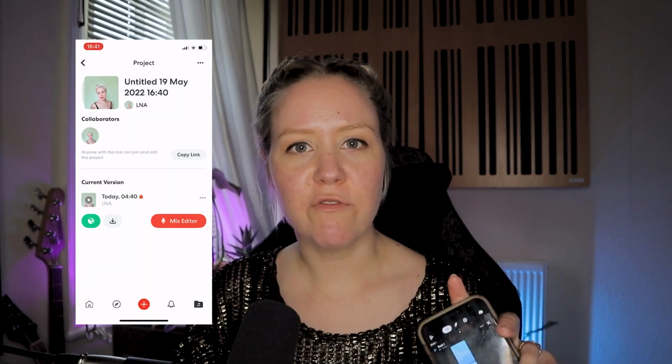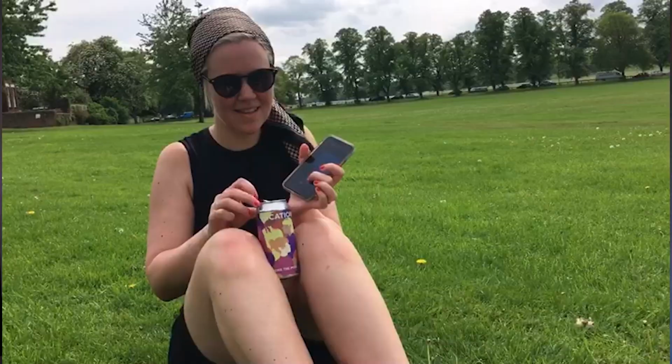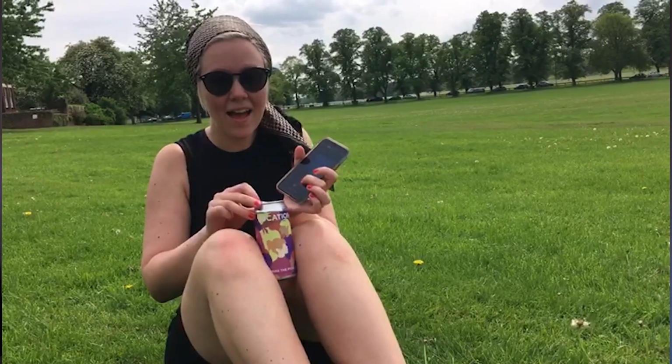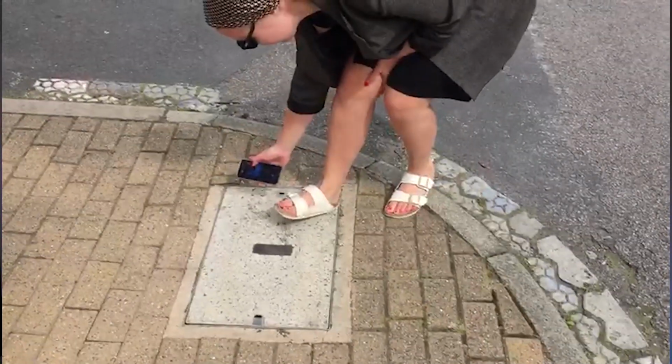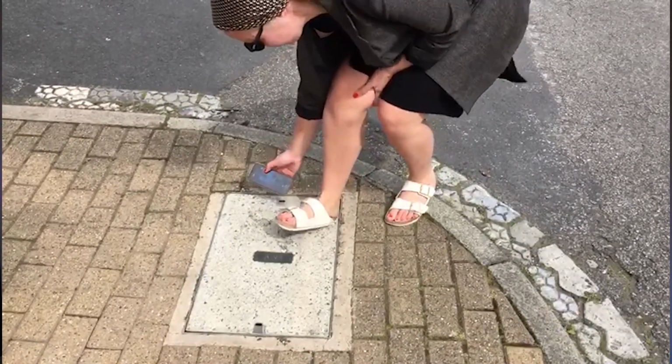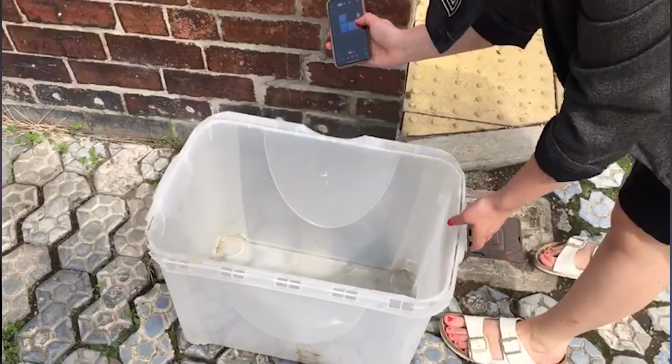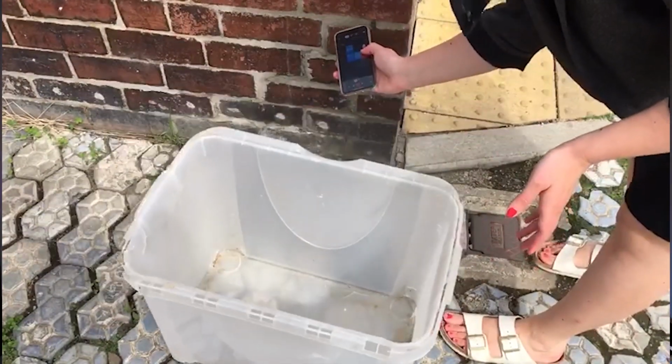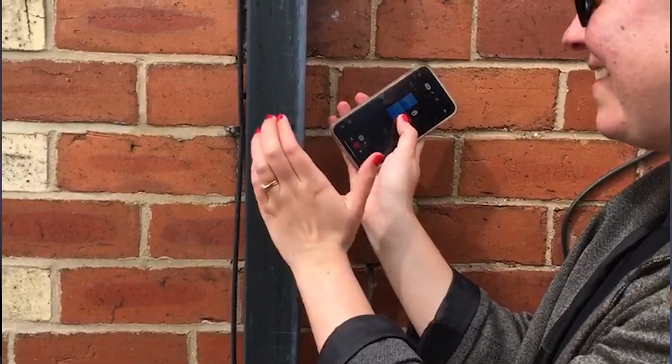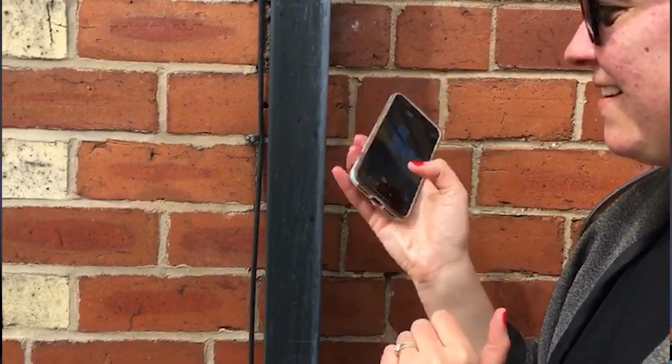I think going from voice memos to an app like this, I find that I use the samples a lot more because my voice memo is just full of files that I never go back to do anything with. I'm more likely to go back and make something out of them. We all know that being a bit random and randomization is one of the best ways to overcome creative blocks because it gives us new inspiration and new direction.